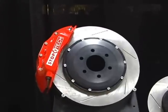Centric Parts is a major brake manufacturer. We're based out of Southern California. We're also Stop Tech, which is our OE side of our business. So we're OE on a lot of high-end applications: Roush Mustang, Callaway Corvette, Dodge Viper, Hennessy Viper, yes. So we do a lot of kit upgrades. So we're going to have all your powder-coated rotors and calipers to dress up the vehicle, not only for appearance